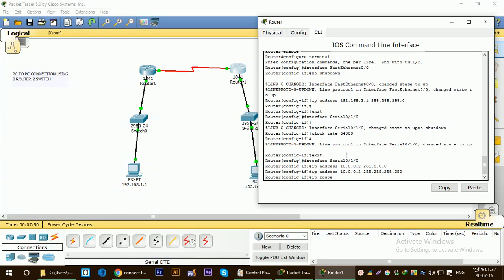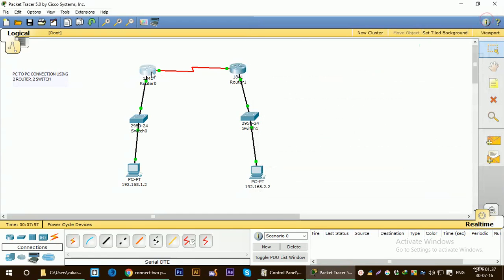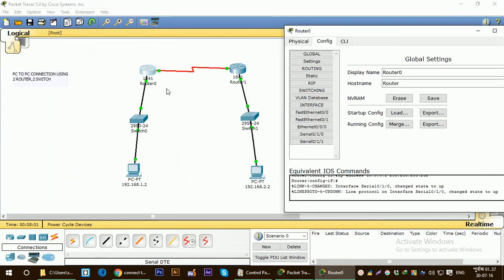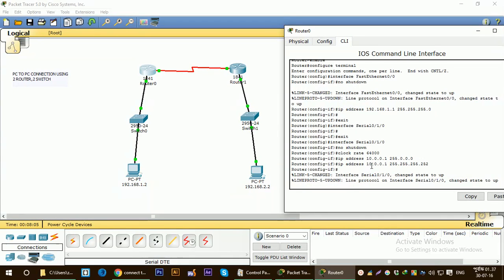Let me see which one I'm doing. If I'm configuring router 0, I have to set it for the second network, so it will be 192.168.2.0. Because the 1 is already used, we have to make sure that it is 0. We also have to put the subnet mask,